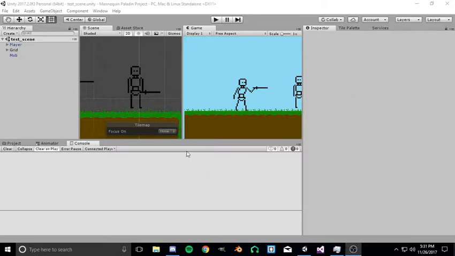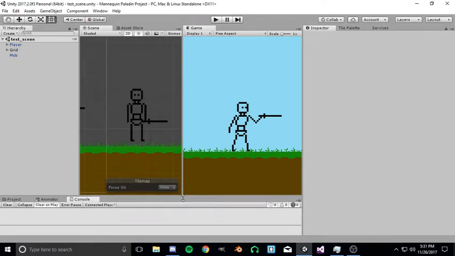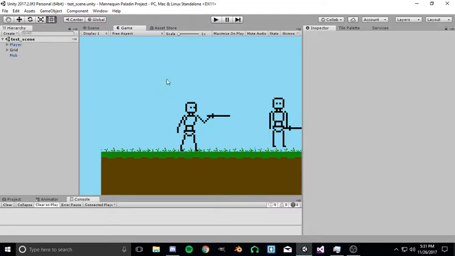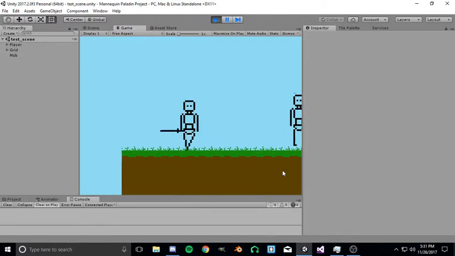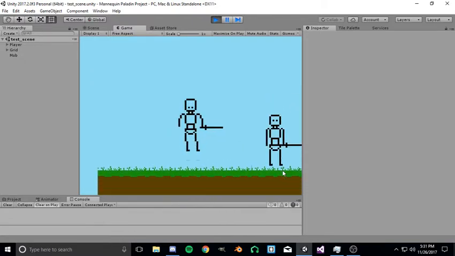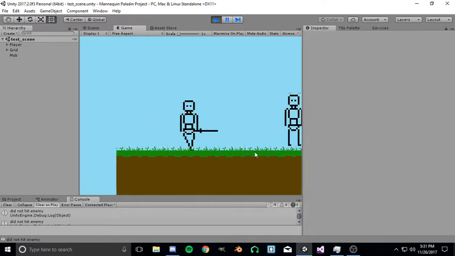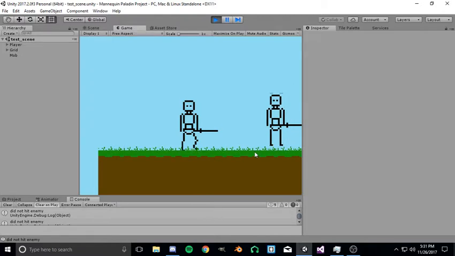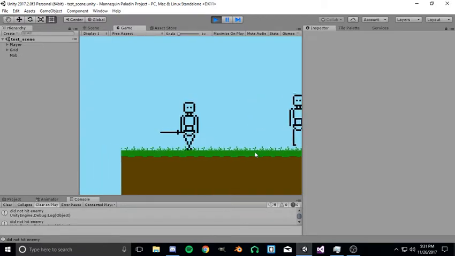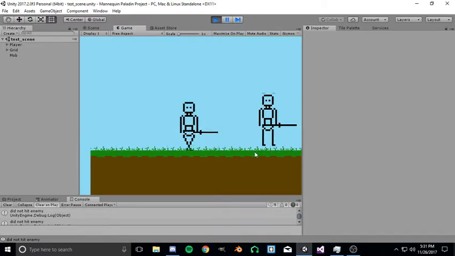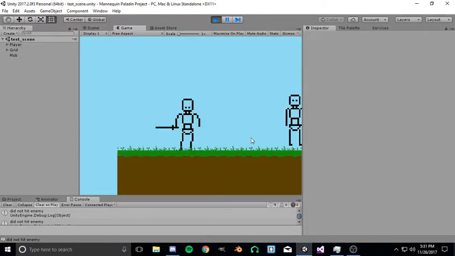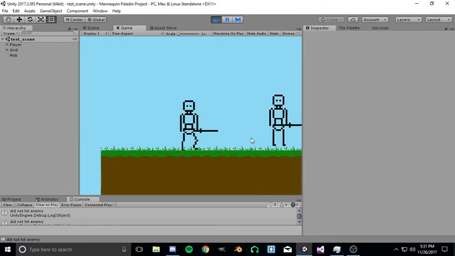This is a little game that I'm working on for my final project in my game programming class called Mannequin Paladin. And well, there's this little guy, which I call a mannequin. I kind of loosely modeled it after those little tabletop art mannequins. So hopefully it looks like that. But yeah, where to begin? Okay,